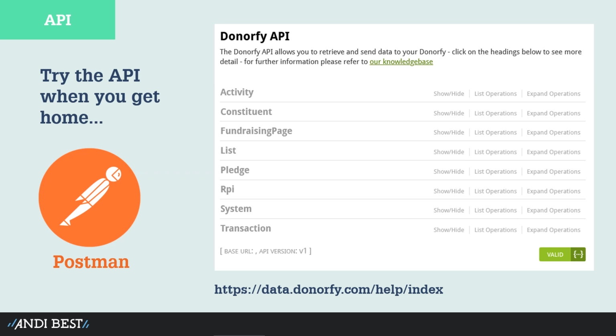So you can look up your own postal address just by simply submitting your email address, for example. You can look up all the campaigns you currently have stored in your Donorfy instance. You can basically address your Donorfy account without being logged into your Donorfy account. It's obviously very authentically connected. There's passwords and you've got to create the API permissions and everything like that. It's not the Wild West, but